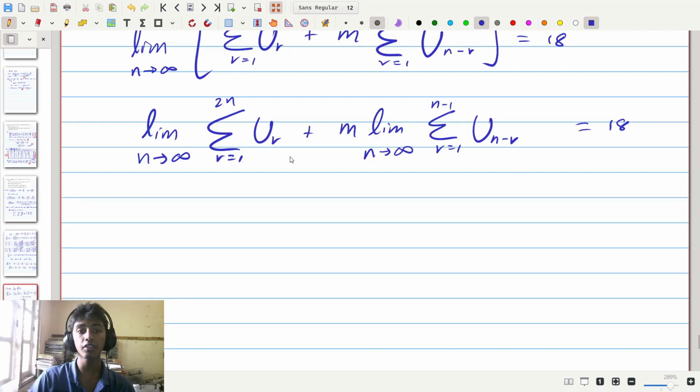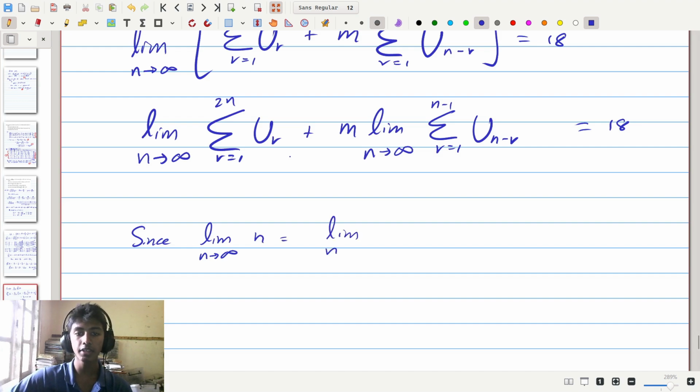Now if we consider the first sum, the sum from r equals 1 up to 2n of u of r, since n is going to infinity, 2n is also going to infinity, and due to that the sum from r equals 1 up to 2n and the sum from r equals 1 up to n are the same thing. The important thing here is that since u of r is getting smaller and smaller, this sum is convergent, and therefore taking the limit up to infinity with 2n or n is the same exact thing. So we need to write here, since the limit as n approaches infinity of n is equal to the limit as n approaches infinity of 2n, which is infinity,